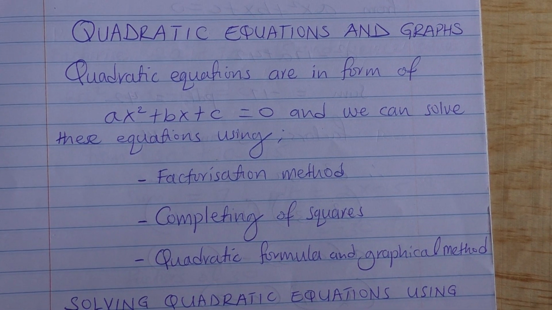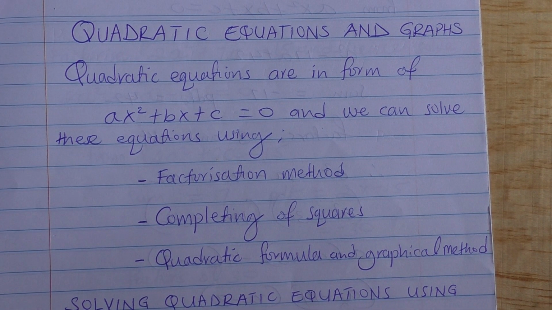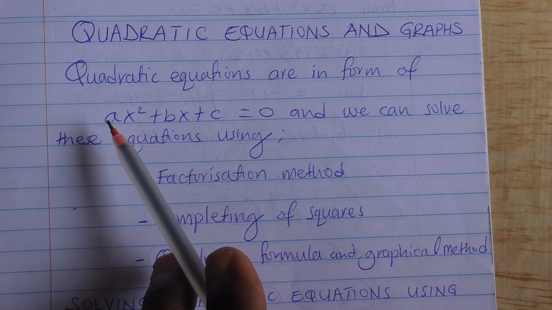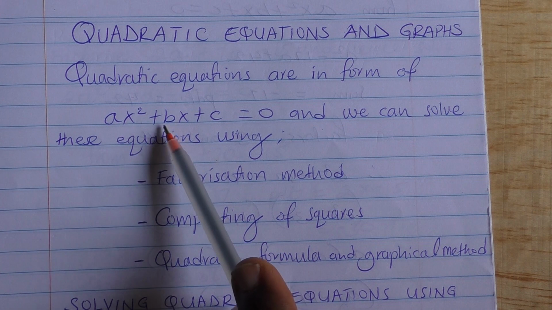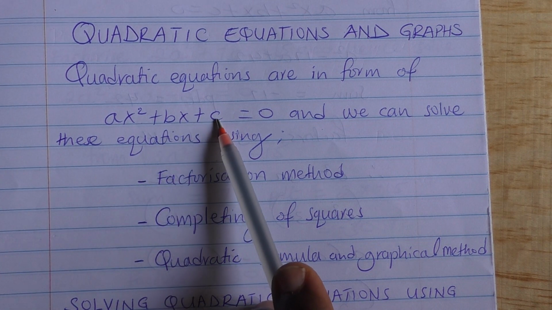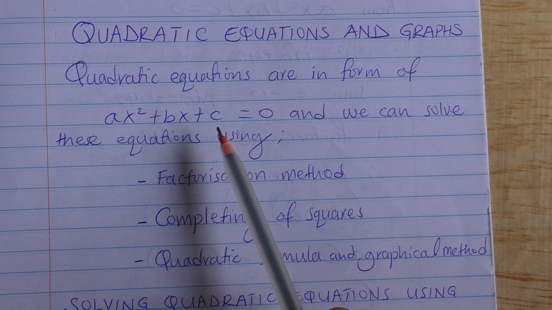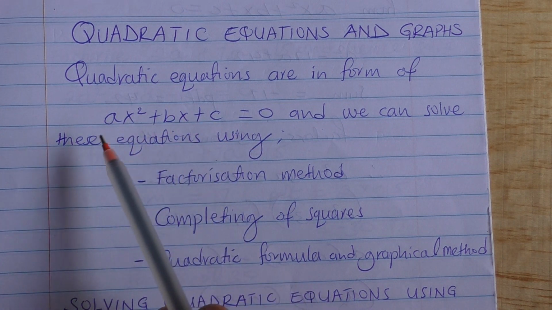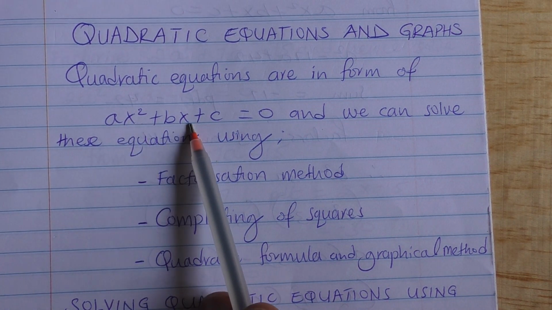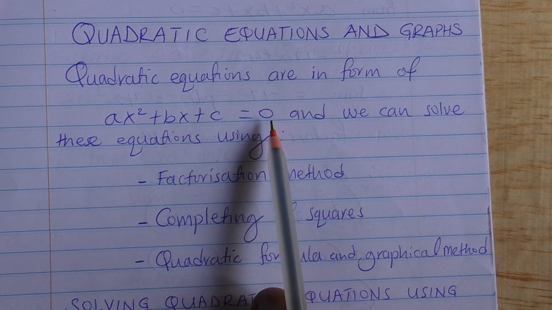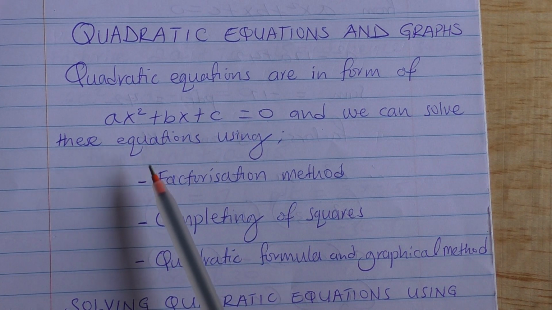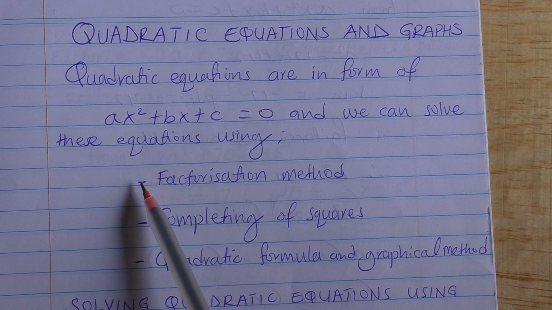Today we shall be looking at quadratic equations and graphs. Quadratic equations are in the form of ax squared plus bx plus c equals 0. So any equation in the form of ax squared plus bx plus c equals 0 is a quadratic equation. And such equations can be solved using